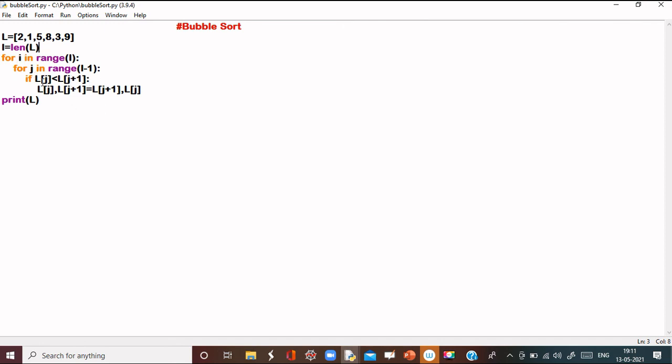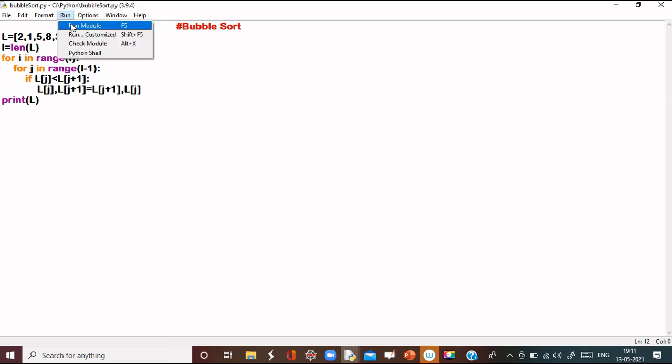The interchange technique is that if of two consecutive elements one is lesser than the other, then interchange takes place, and this is the statement for interchange. After doing all the sorting, the list is printed.